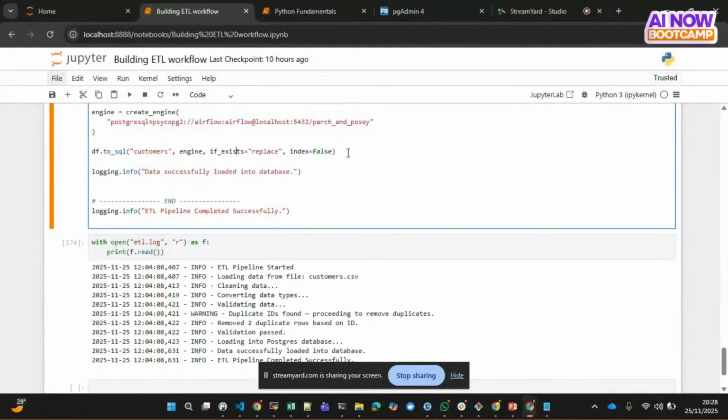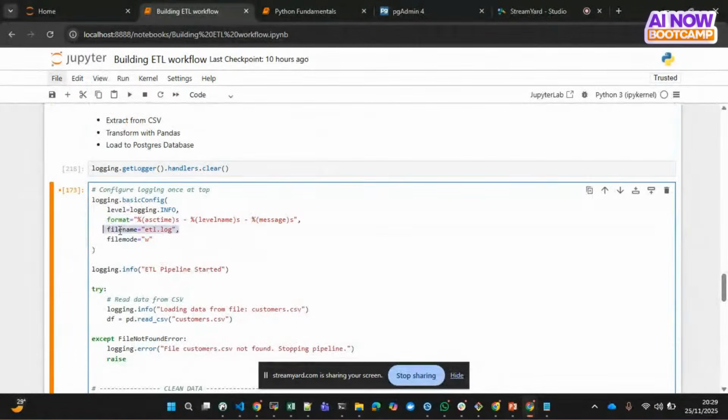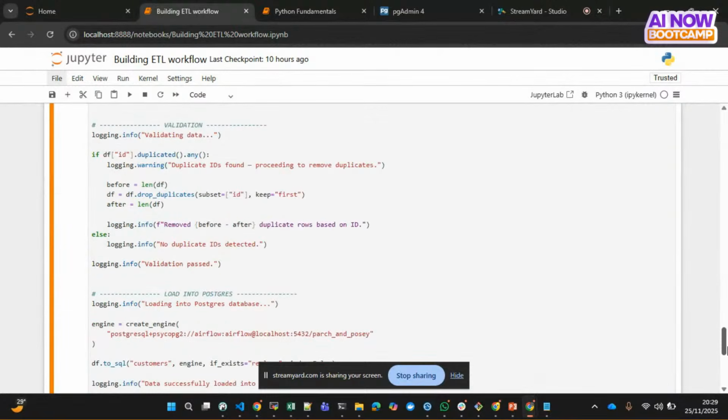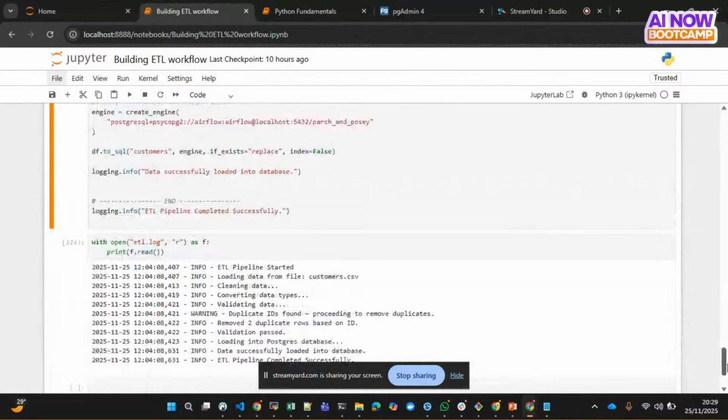I put in a .info because I want to see exactly in my log file where it tells me, a file called etl.log. Remember right here, we stored everything in a file named etl.log. Now remember our with statement, we're able to open a file. So using our simple with open etl.log in read mode, we're trying to read this file. Let's print out everything that is there. So if I print this out,